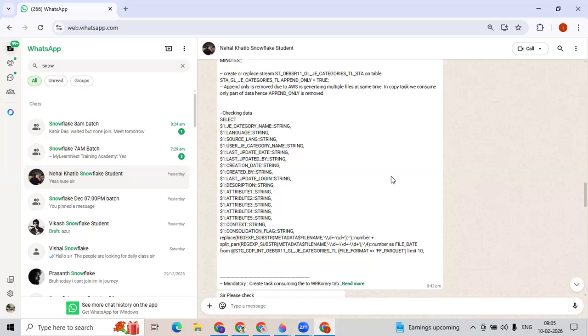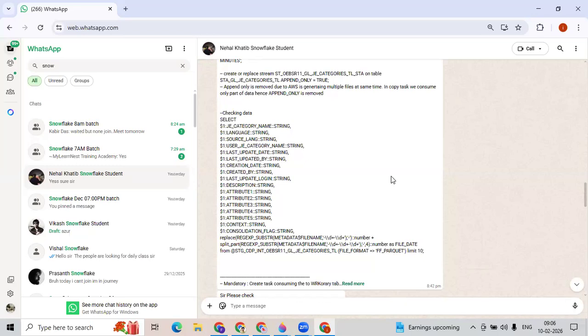If I want to do some cloning, I just need to execute create clone, and the database clone will be created. If I have deleted an object or data by mistake, I can use simple keywords like undrop object name, or select star from table name at a particular point to show whatever data was in the table.